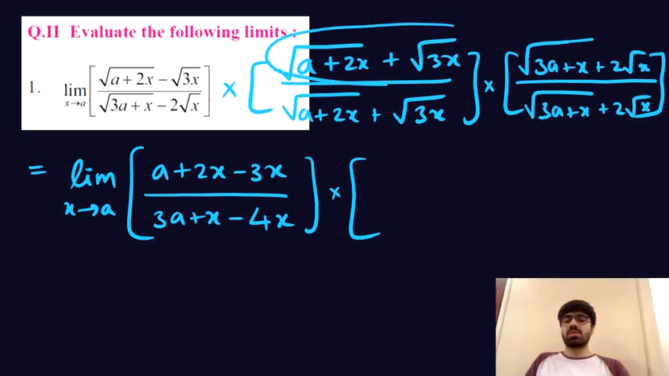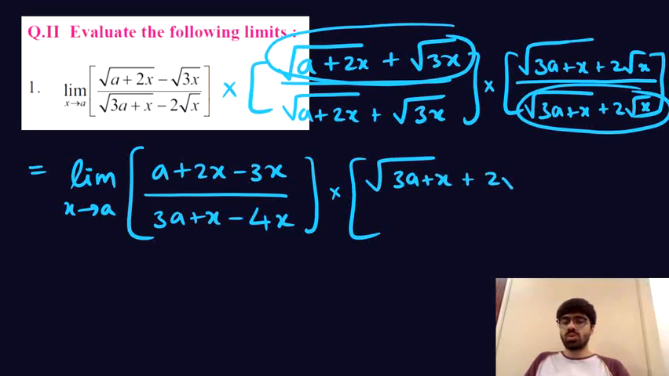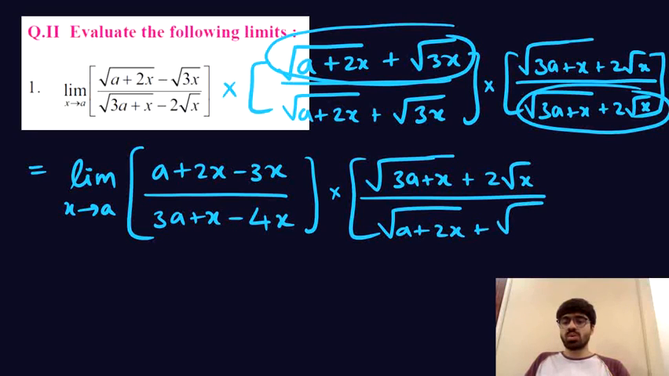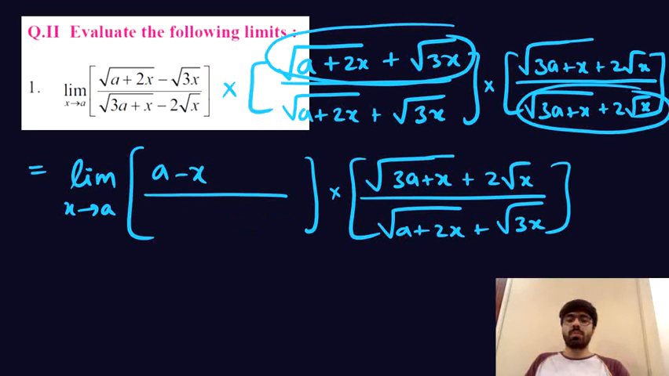Because you have combined this term in the numerator and this term in the denominator, you are left with root over 3a plus x plus 2 root x in the numerator, and in the denominator you are left with root over a plus 2x plus root over 3x. If we simplify this, this will be a minus x, or this will be 3a minus 3x. So we can pull out a 3 common. We will have 3 into a minus x. Now a minus x can get cancelled in the numerator and denominator,